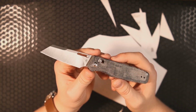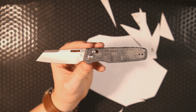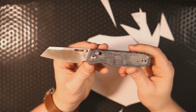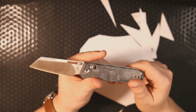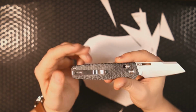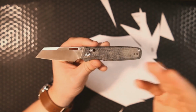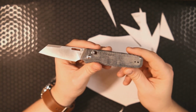So for your $82, you get a knife that is just about 7¼ inches overall with a 3-inch blade, really well done micarta handle scales and a reversible pocket clip. Also, aside from that, you have T8 pivot screws and T8 body screws, which is fantastic. Something which is a minor annoyance is that they still have T6 pocket clip screws, but considering that most people are not going to switch the pocket clip around more than maybe once,